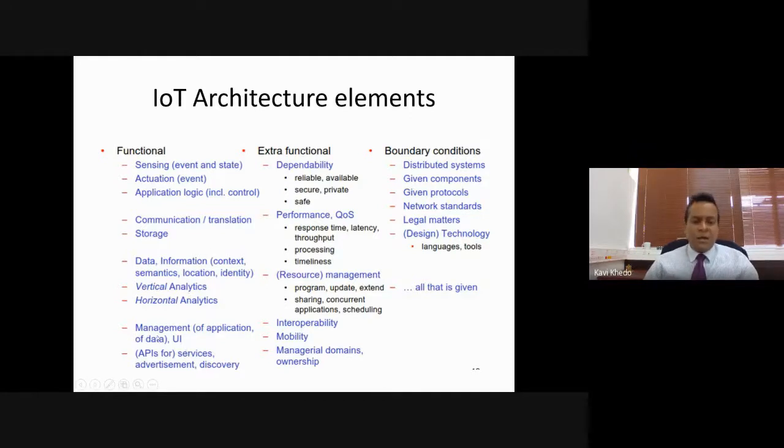Then management of the resources, of your sensors, of your data. This is on the management side. And then your architecture should provide some API that allows application developers to program the services, the advertisement, the discovery of the devices and everything. So these are the functional capabilities that any IoT architecture, any IoT system should provide. Okay. Now let's look at the extra functional